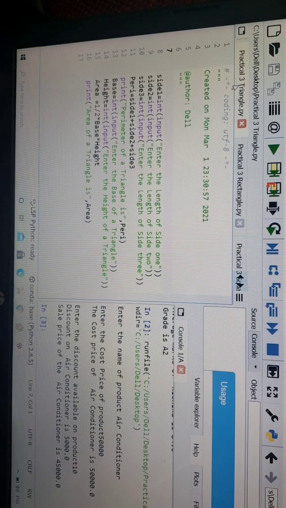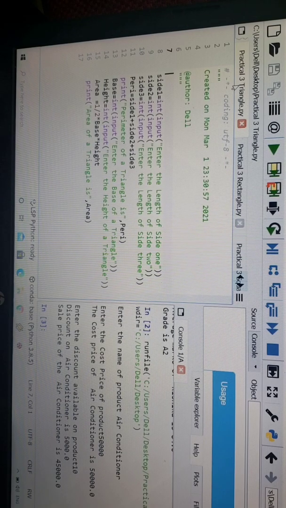See students, this program you can do by two methods. You can simply have a choice of different kinds of shape, and according to that you can have perimeter or area. Okay, but the thing is here they did not ask you to mention the choices. They only have given the example, like it could be triangle, rectangle, square and circle. So to be on the safe side, we can have 4 different kinds of practicals in one only. We can have area as well as perimeter of each and every shape.